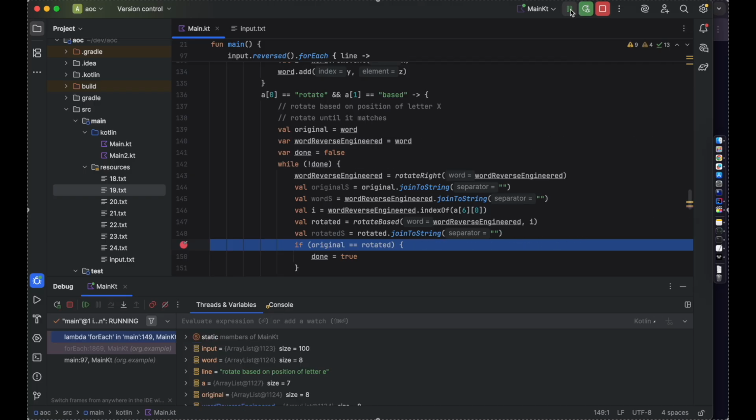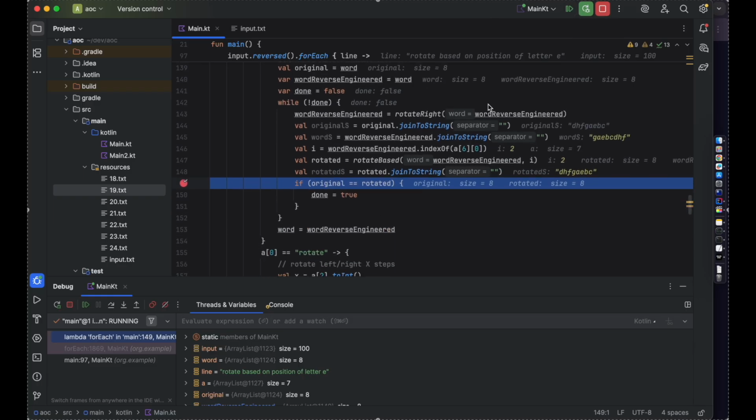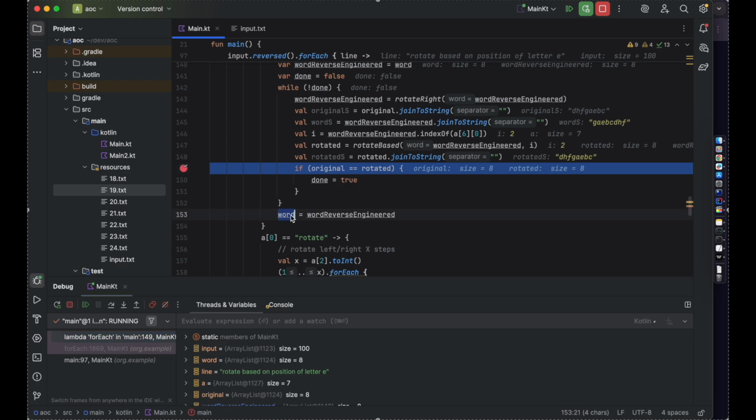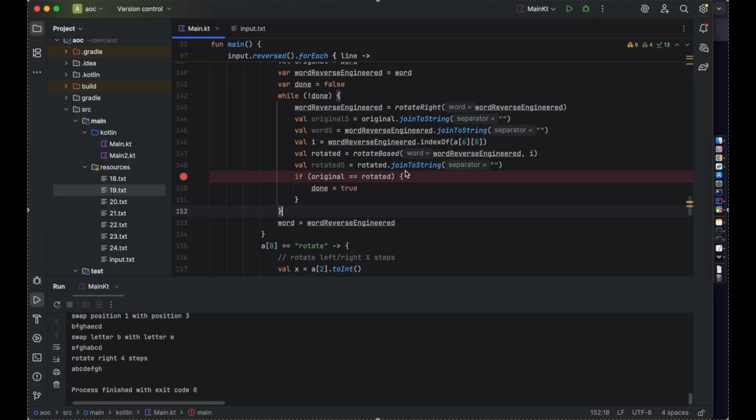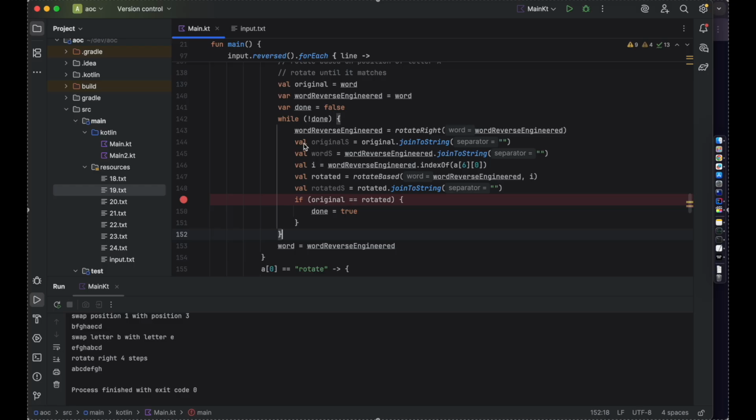And I wrote it again, and at some point there has to be D, and then it's right, and then I know I'm done. And then the word is updated to be word reversed. Okay. Nice, we're done. I think I can simplify it. I can just say